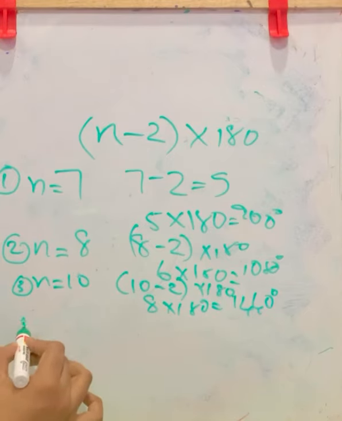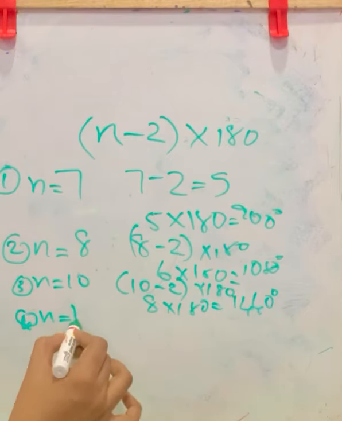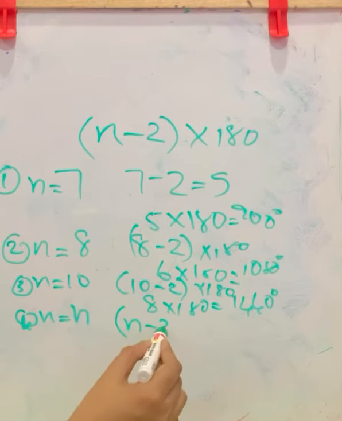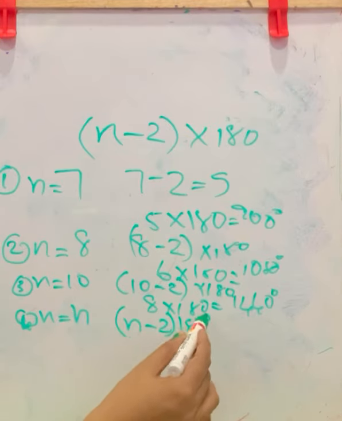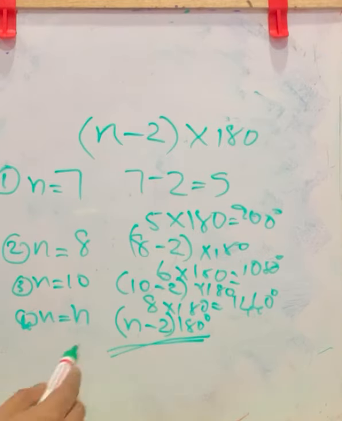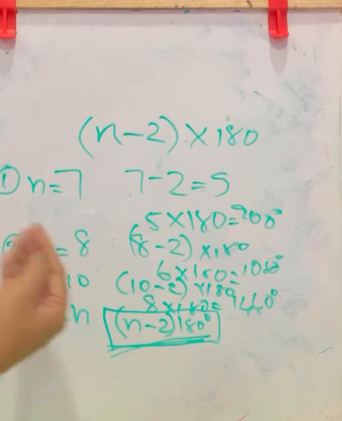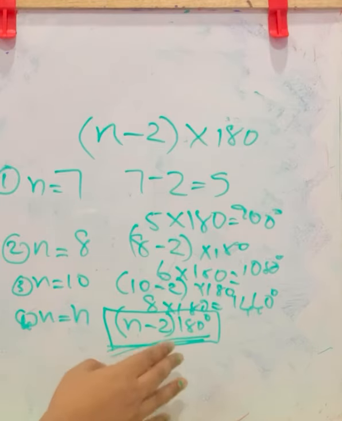If the number of sides is n, we can generalize the formula that n minus 2 into 180 degrees is the angle sum. So keep in mind this formula, we have to apply it in the problems. That is, to find the angle sum, if the number of sides is given, you can say it is n minus 2 into 180 if there are n sides. N minus 2 into 180 is the angle sum property.